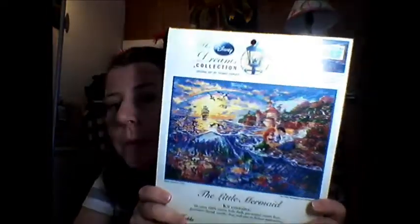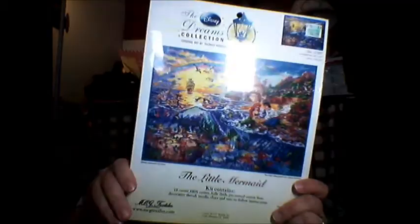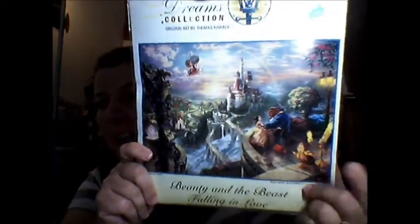Then I have Little Mermaid, which a lot of you are also doing in the Facebook group. Can't wait to do that one. Beauty and the Beast. And again, this is only showing the artwork. I wish it showed the cross stitch. But that one, oh, it's so gorgeous. And